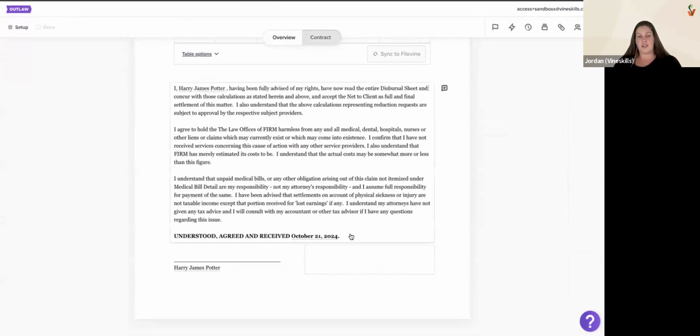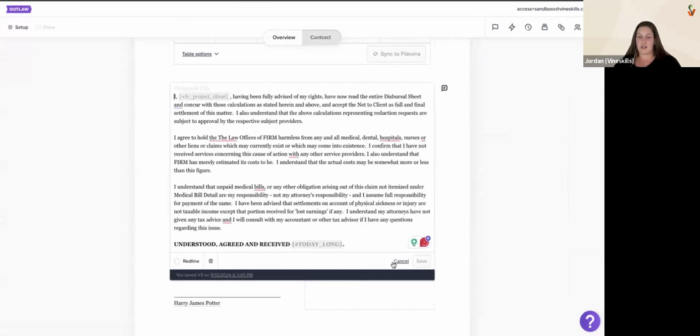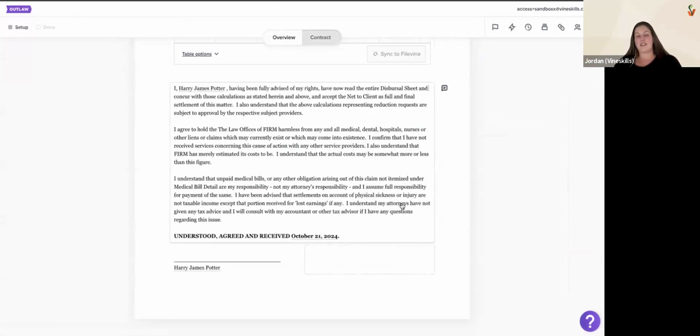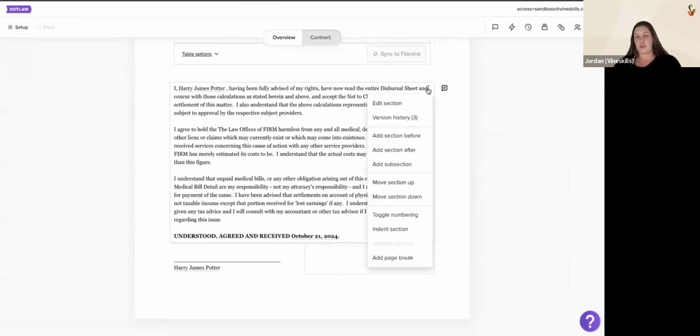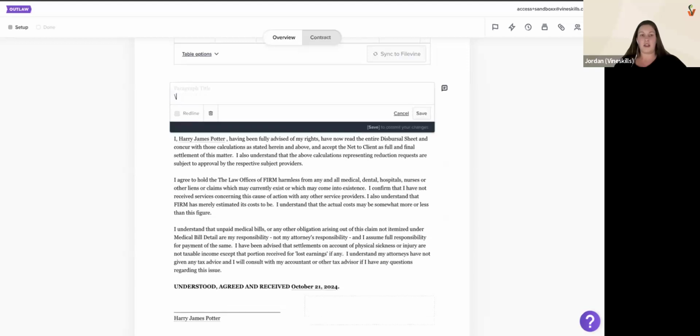I was going to try and do a live demo of that. I haven't done one in a while, and I feel like last time I did one, it was a little glitchy, but we'll see. It's typically a little bit easier from Filevine, where you actually go and push the button and pull it in. I just don't have that testing environment open. So I'm going to actually just add another section here. Doesn't really matter. And then I'm going to come into this paragraph body, and I should be able